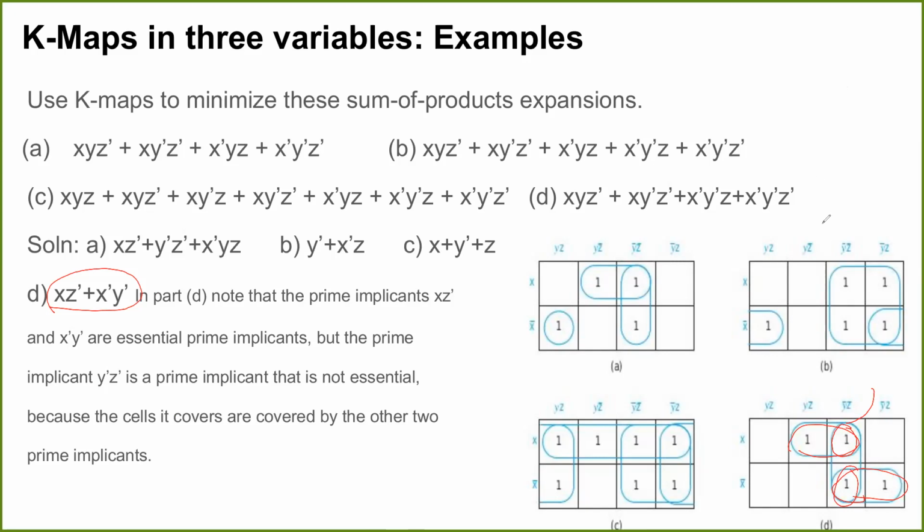See, now if I suppose didn't have these groupings, the problem is I would have single terms, which would mean I will get a much larger circuit than my minimized circuit here. Okay, so we always have to start with groupings from the largest, because the larger the grouping, the fewer the number of literals. Okay, is this clear, the difference between a prime implicant and an essential prime implicant?